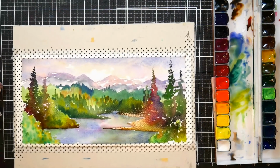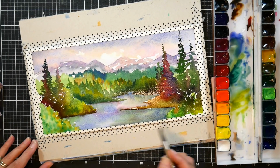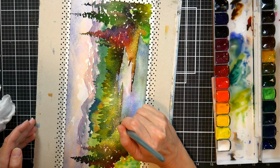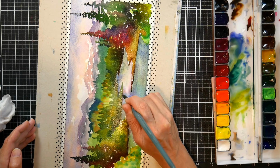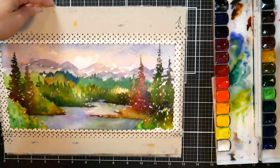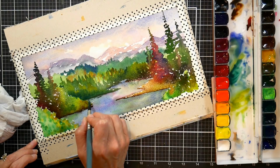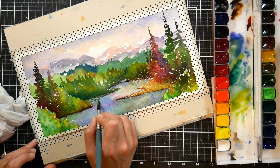Okay, we've got the paper pretty well filled. So now I'm going to add some ripples and some shadows in the water. I'm going to turn this sideways real quick. This should be a little flatter. If you keep inlets and things like that level with the bottom of your paper, or parallel I should say, it'll help with any issues where it may seem unlevel or tippy. So I'm just going to